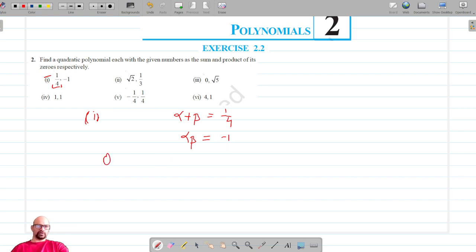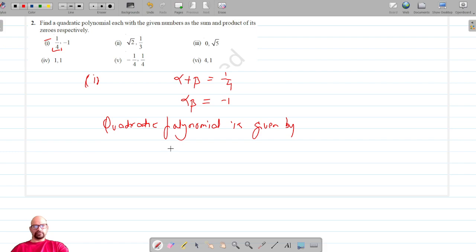And we know that a quadratic polynomial is given by x square minus sum of the zeros, that is alpha plus beta